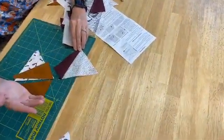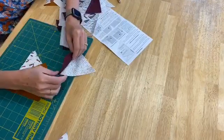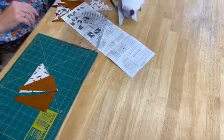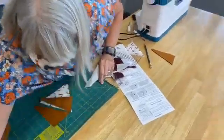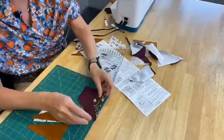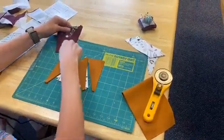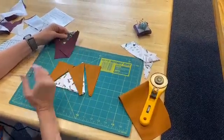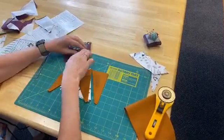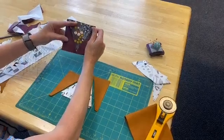Deb Tucker says you can press them either direction, but I find if you press them toward the center triangle, it just gets really, really thick right near the point. So after you have chain pieced your first side triangles, press them toward the side triangle, then I take my next pile of side triangles and chain piece them. It's the same idea. It just looks like a whole bunch of flags, just like the first one. And then you press toward this side triangle, and oh, this one's already been trimmed, but you have your unit ready